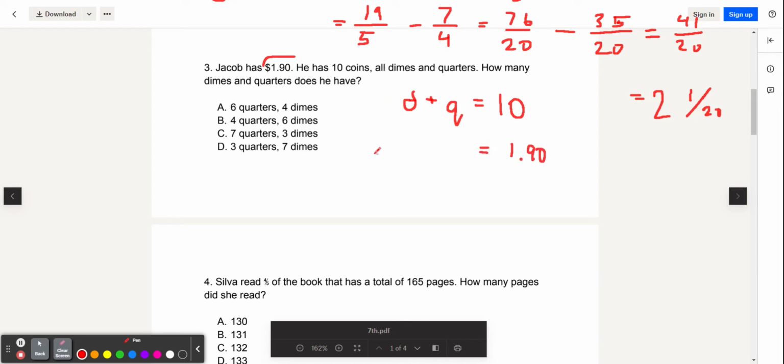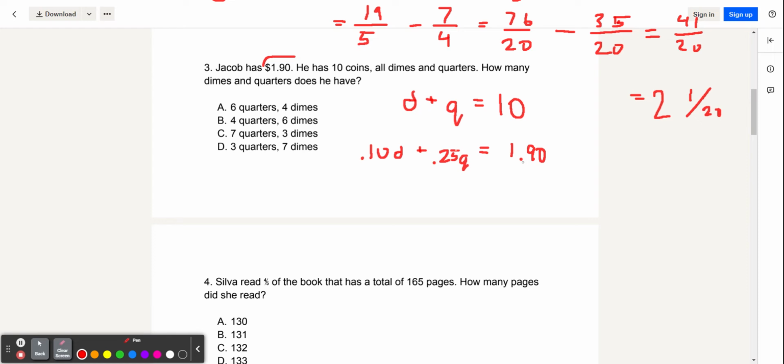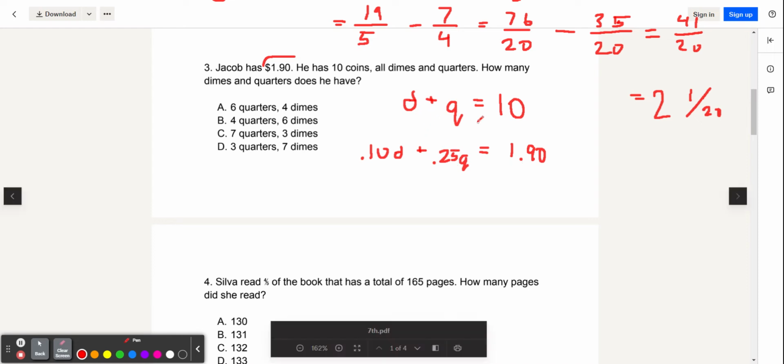So we add up the values. A dime is worth 10 cents, or $0.1, and a quarter is worth 25 cents, or $0.25. Now we can solve the system of equations. How to do that? Well, one option is